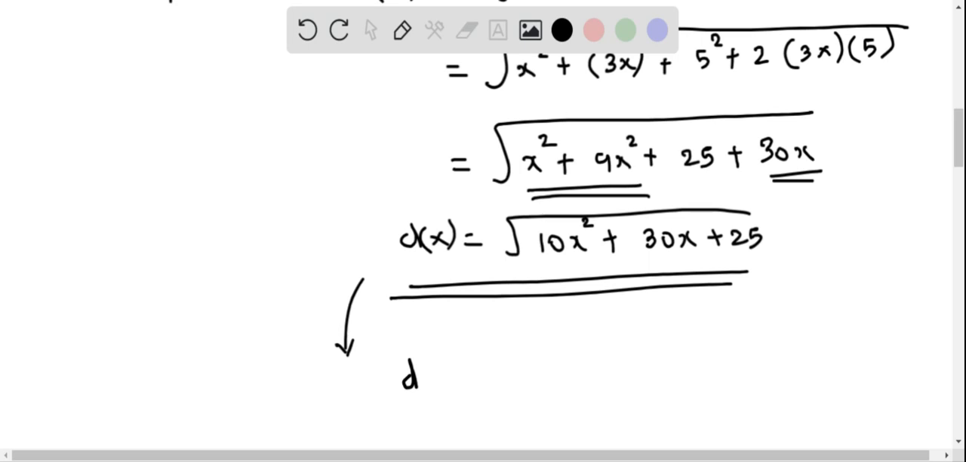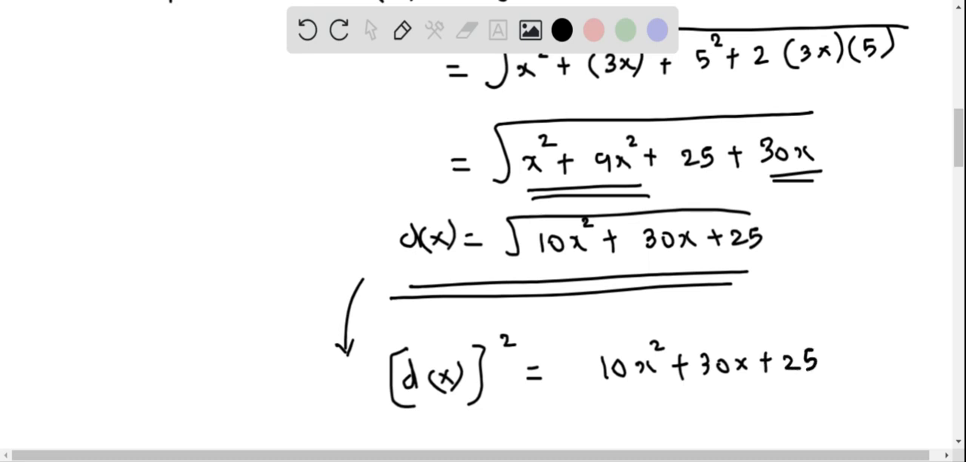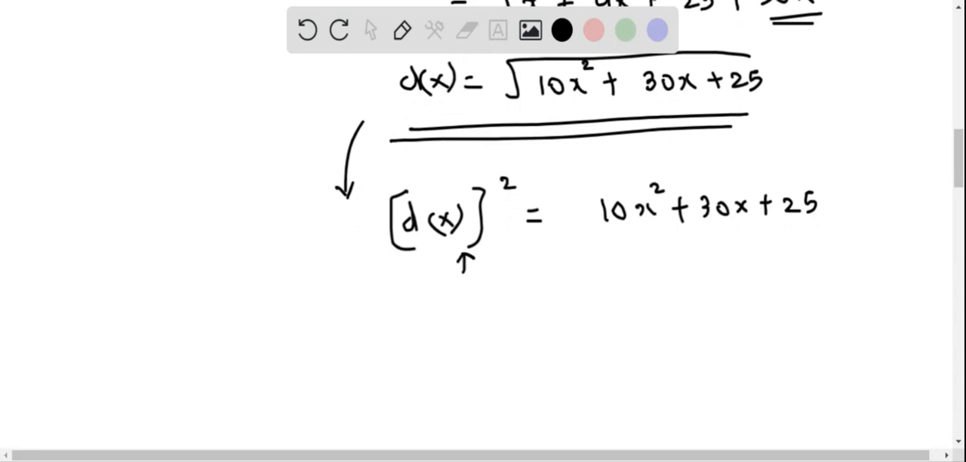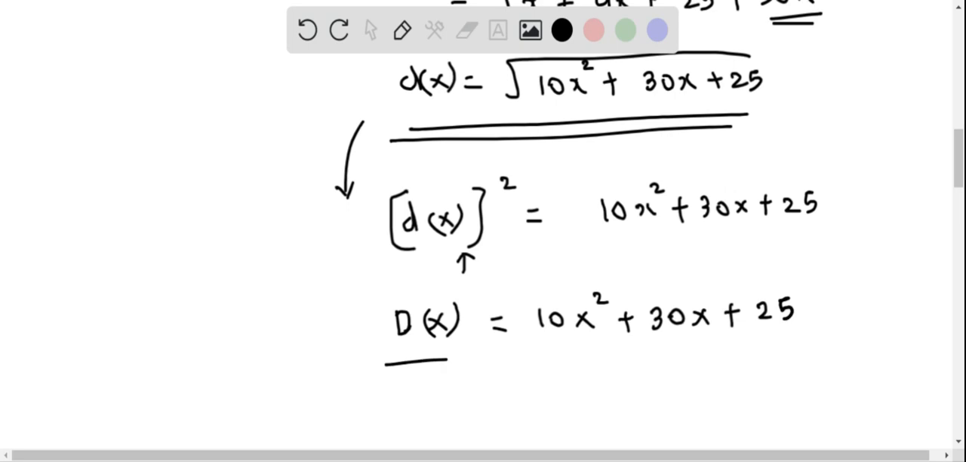So squaring both sides, I will get d of x quantity squared on this side equal to this side, the square root will go off, so therefore this becomes 10x squared plus 30x plus 25. And this quantity, instead of having it as a square, I can simply write as just a function. So let me call this a big D of x. It's almost equal to the distance function. So this is the one which we are going to minimize: 10x squared plus 30x plus 25. This is our